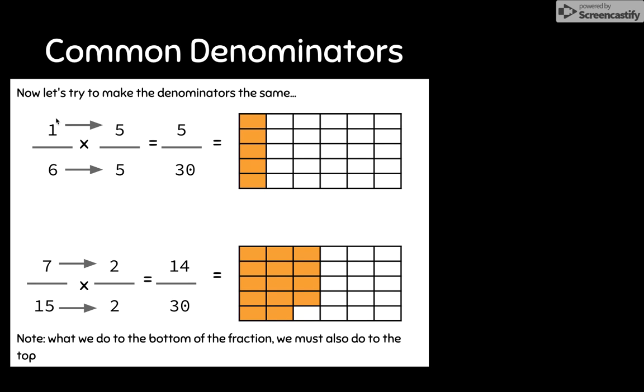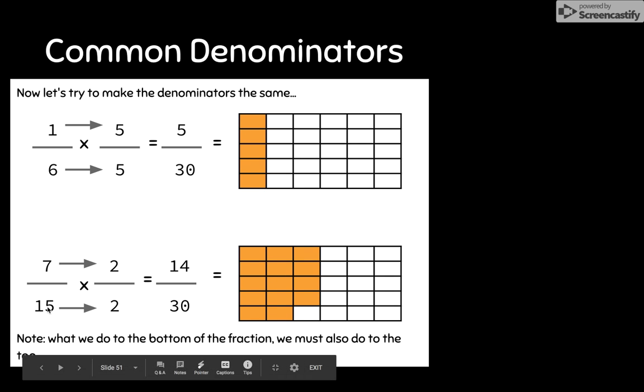So here I have 1/6. What you do on the top, you must do on the bottom. So 1/6 times 5/5 equals 5/30. So I have increased the number of equal parts fivefold. The next part,